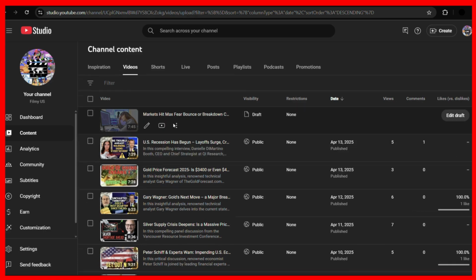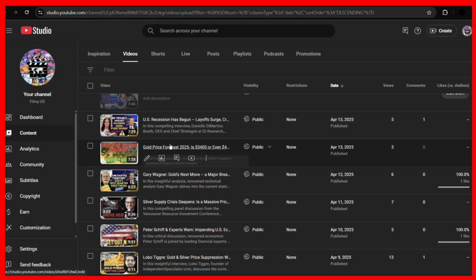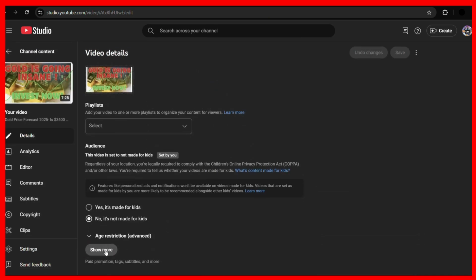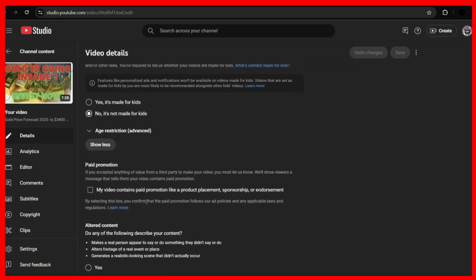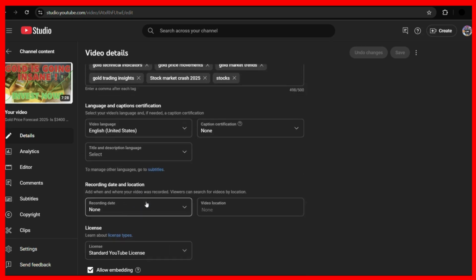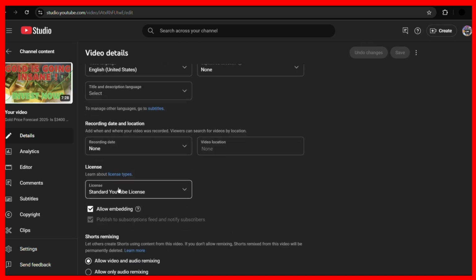So for example, let's say this particular video right here. So hover your cursor over to this video and click onto this details button with a pencil icon. Once you have clicked over it, you need to scroll down and you will see this show more button. Click over it and keep on scrolling. Keep on scrolling until you see this option under the license which says allow embedding,